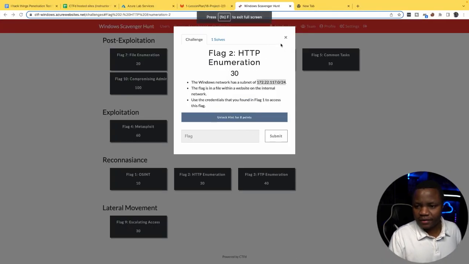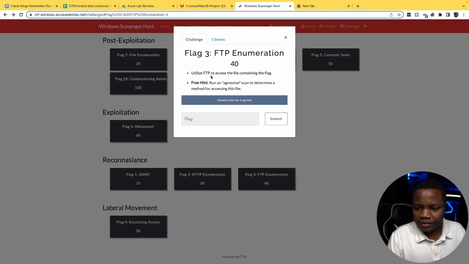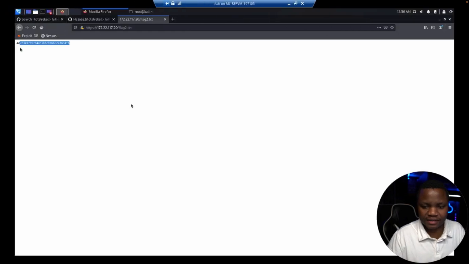All right, once we've solved flag 2, we go to flag 3. Utilize FTP to access the file containing the flag. Okay, free hint: run an aggressive scan to determine the method for accessing this file. So I already ran an aggressive scan using -A. So we need to find out who is running